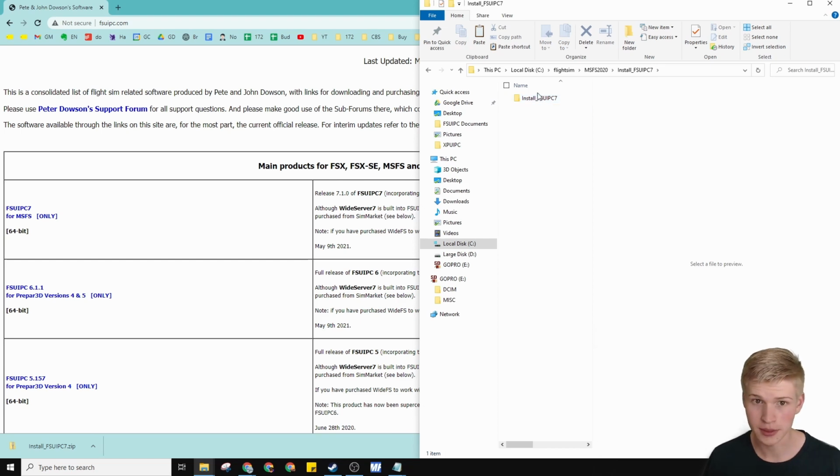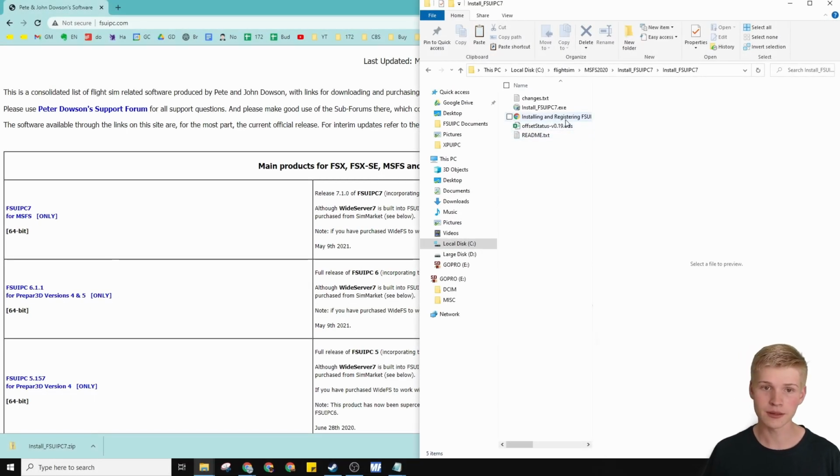Install FSUIPC7. It reminds me of Emperor's New Groove, where they're like, I'll turn him into a flea. A harmless little flea. And then I'll put that flea in a box. And then I'll put that box inside of another box. And then I'll mail that box to myself. And when it arrives, I'll smash it with a hammer. Side tangent, but anyways,